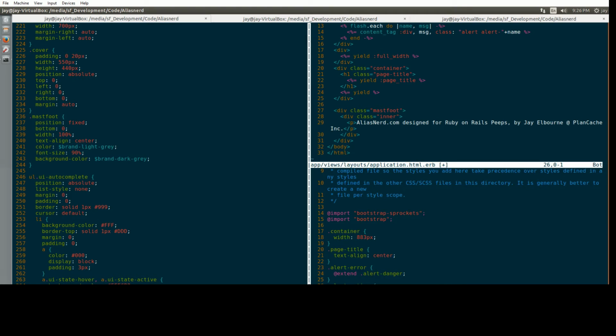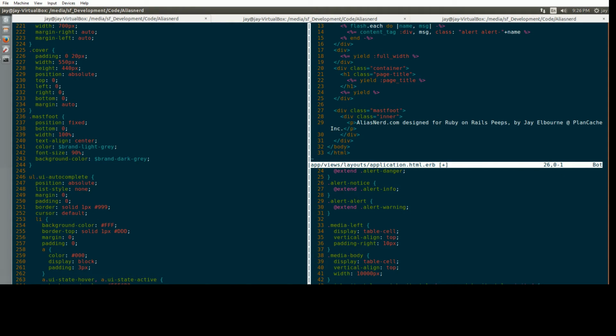Okay, so pretty much that's all I have. So it's a fixed position bottom, 100% width, text line center. I don't have this brand light gray. In the background, brand dark gray. I don't have that, so